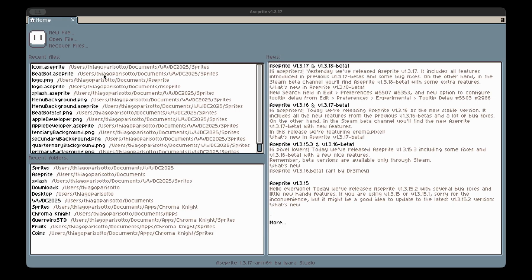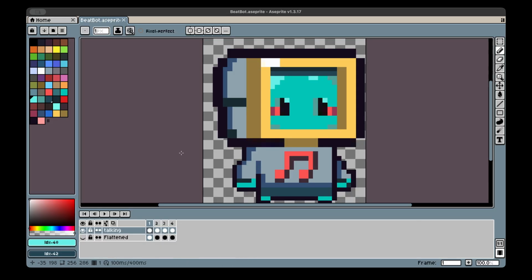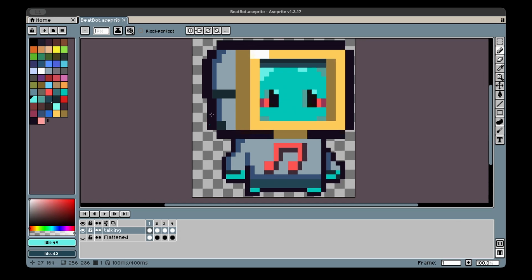So now let's take a look at how I made all the designs. I used this software called Aseprite. It's available on Steam. It's really cheap, but you can always use Figma, Canva, or any art software that you like. And here, as you can see, I have a lot of files. In this BitBot one, I created my main character.